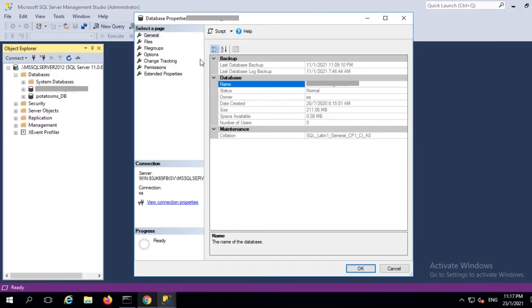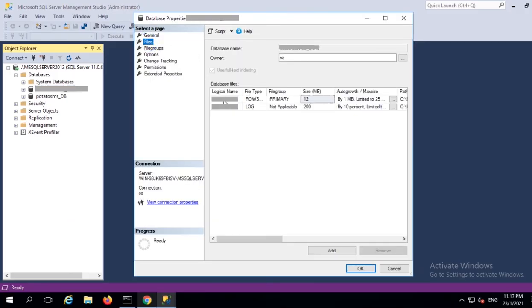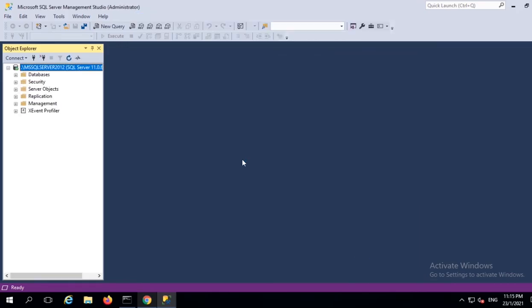Step 4. Go to the Files section from the left-hand menu list as shown below and update the log size on the right-hand side under the Size MB section as shown below. Both ways are suitable to tackle this issue and can be used to fix it. Alternatives for responding to a full transaction log include